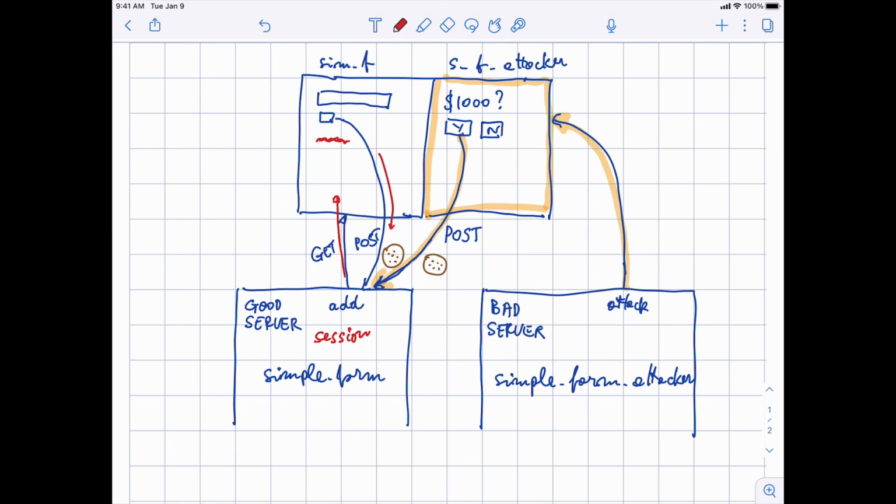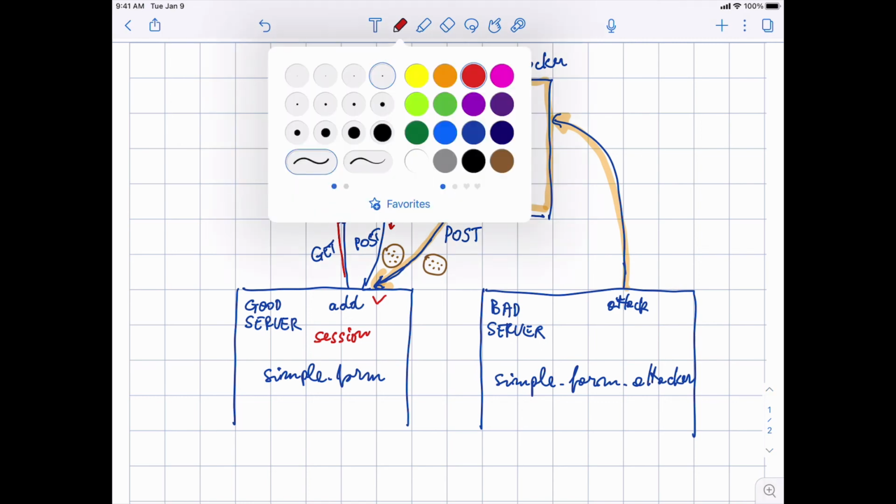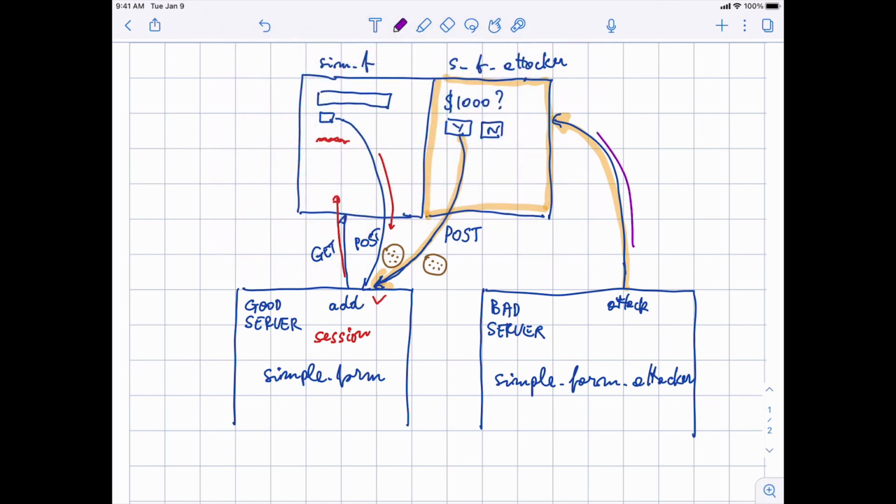When the form is then submitted, this will check out okay. Instead, if the form is loaded from an attacker, the attacker does not have the session. So it has a session but for the wrong site. No session for simple form is available here. The session is a secret that is only on the server that is the good server.